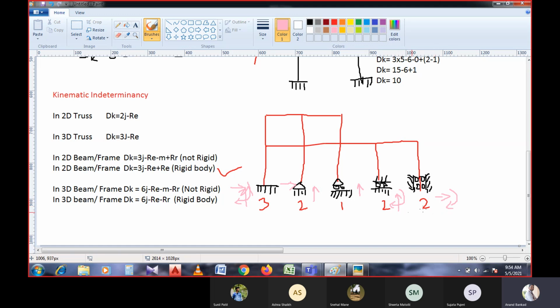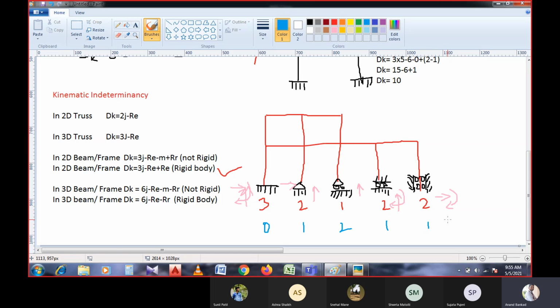Right? This is how the particular degrees of freedom, that is reactions, you can consider. So degrees of freedom will be here 1, here it will be 2, here it will be 1, here it will be 1. So degrees of freedom I could write in a different color. So in blue color I could write here it is 1, here it is 0, here it is 2, here it is 1, here it is 1.